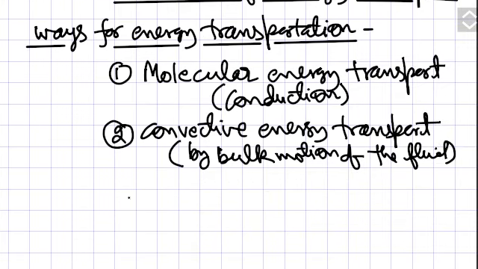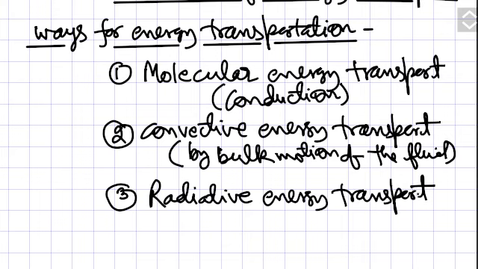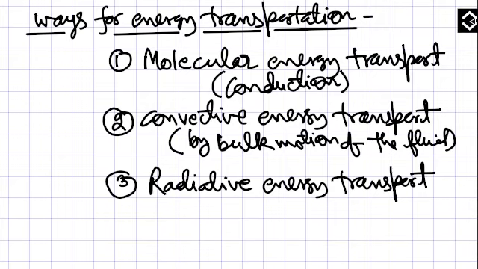And number 3 was not in momentum transport, and it is found only in heat transfer, and you can guess it is radiative energy transport because of the radiation. So you can see that there are 3 ways for energy transport. Now we will come to the rules, and you can compare it with the momentum transport, where there was Newton's law of viscosity. The same corresponding law you will find here also, and it is called Fourier's law of heat conduction. So we will study that rule.